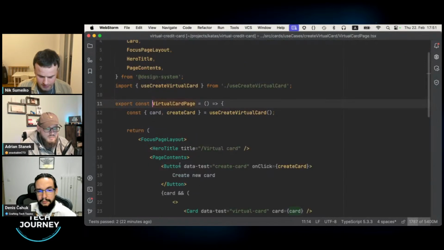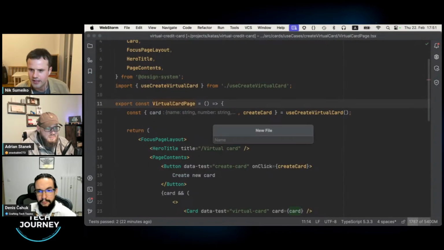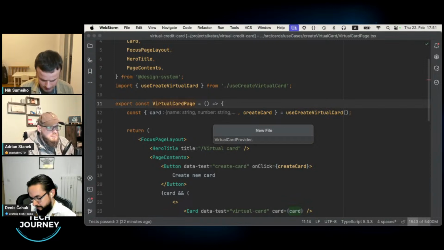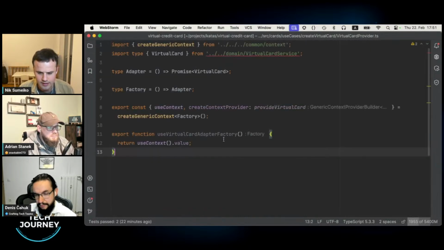We go here and create a new file, which we will call, for example, virtual card provider.ts. And here I will copy this.